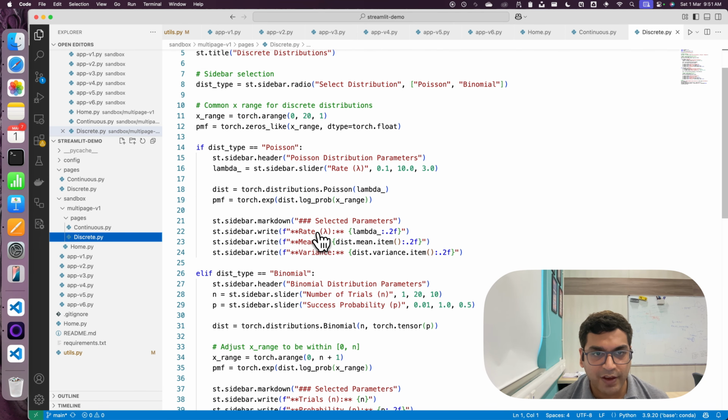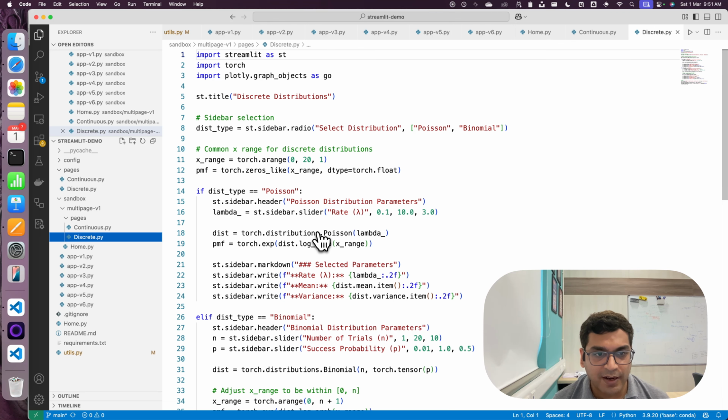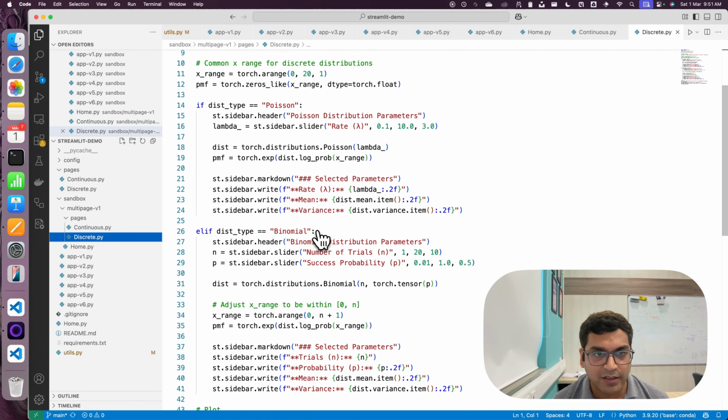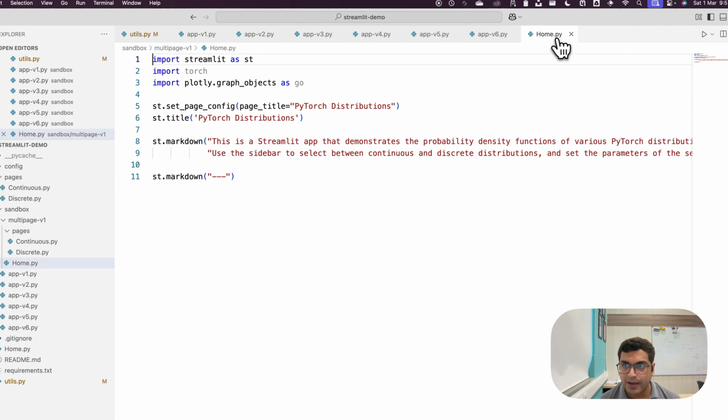So thus far we have achieved almost all of the functionality which we wanted, but what I felt at this point was that this whole code was not very easy to extend. If I had to add another distribution, it would be fairly sophisticated. These pages would keep getting bigger and bigger. So therefore, I will